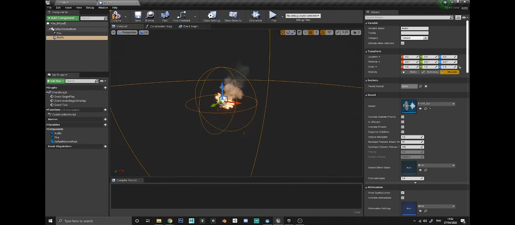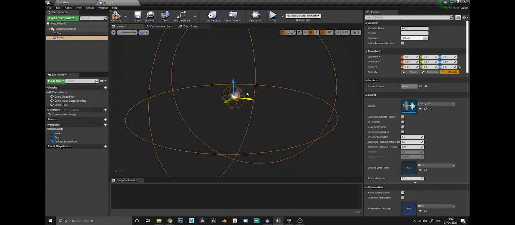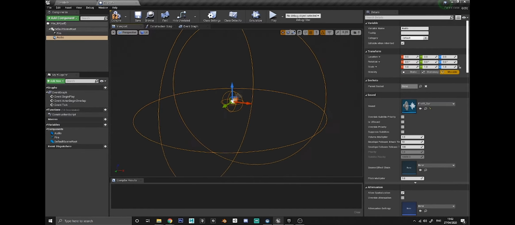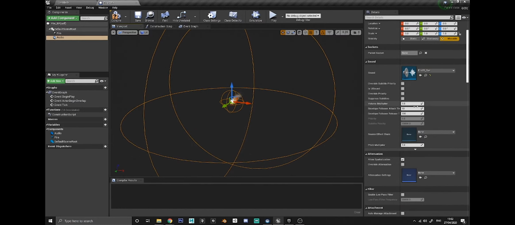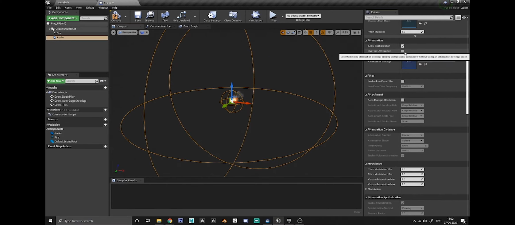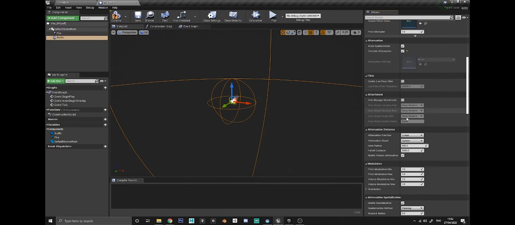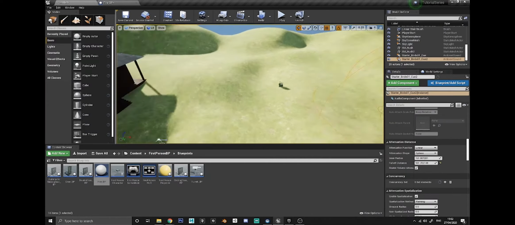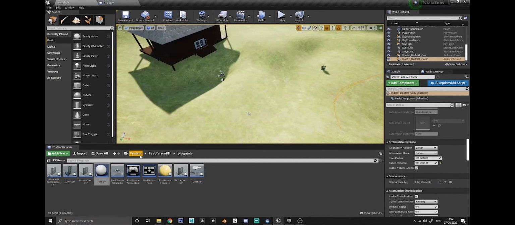And that's now added in the sound cue, and you can see the attenuation radius set up on there. These are actually looking okay for the radius, so I'm going to leave them as they are. But again, down in the details panel, if you turn on override attenuation, you can then change the radius and fall off distance, but I'm just going to leave those as they are, and then see how it looks. But now I've done that, I should be able to go to my fire BP and drag it into